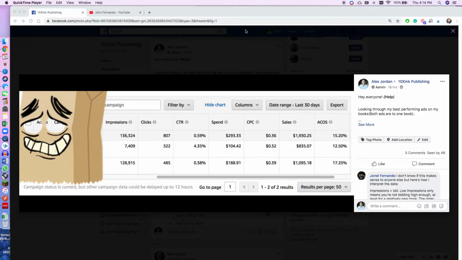So this is one of my campaigns, and the thing that is different: this top one is a manual ad. Interestingly enough, this one's an automatic ad right down here. So over the last 30 days,